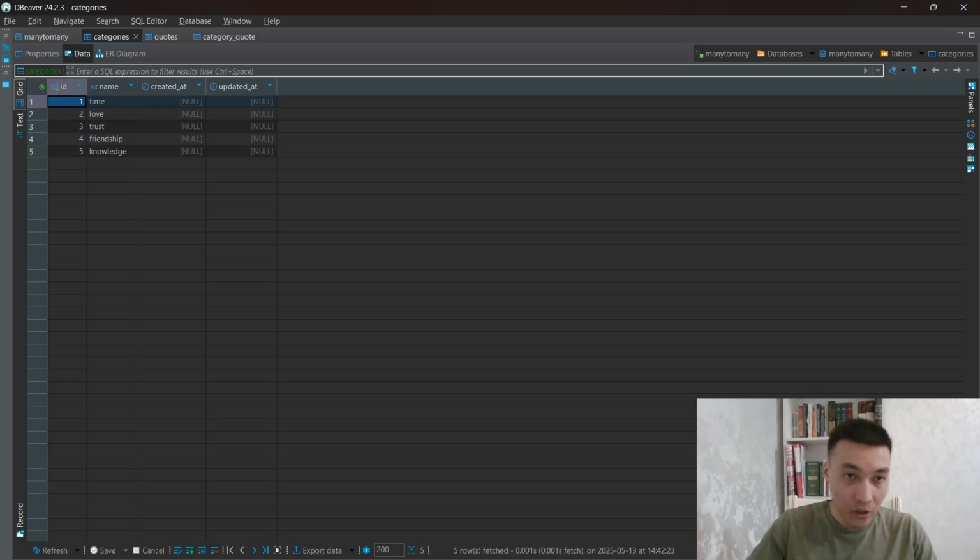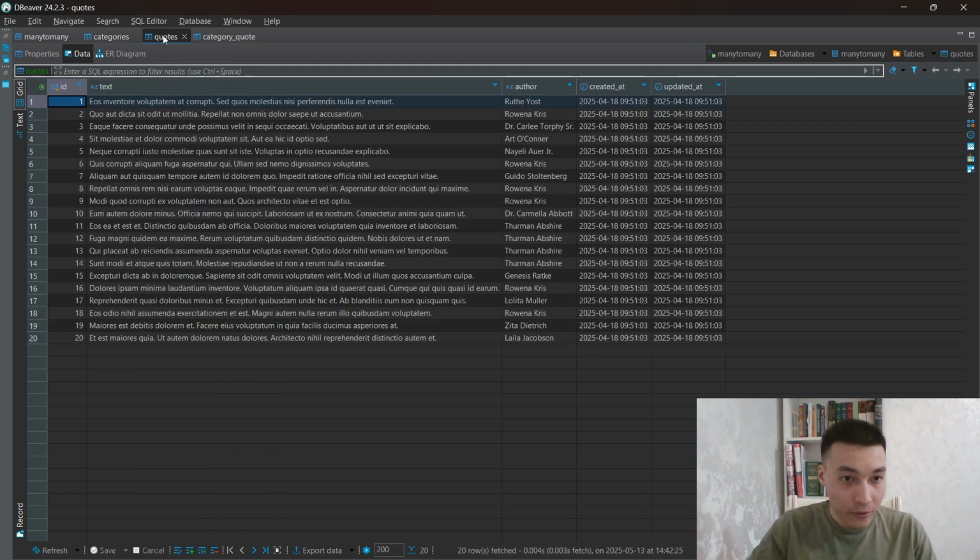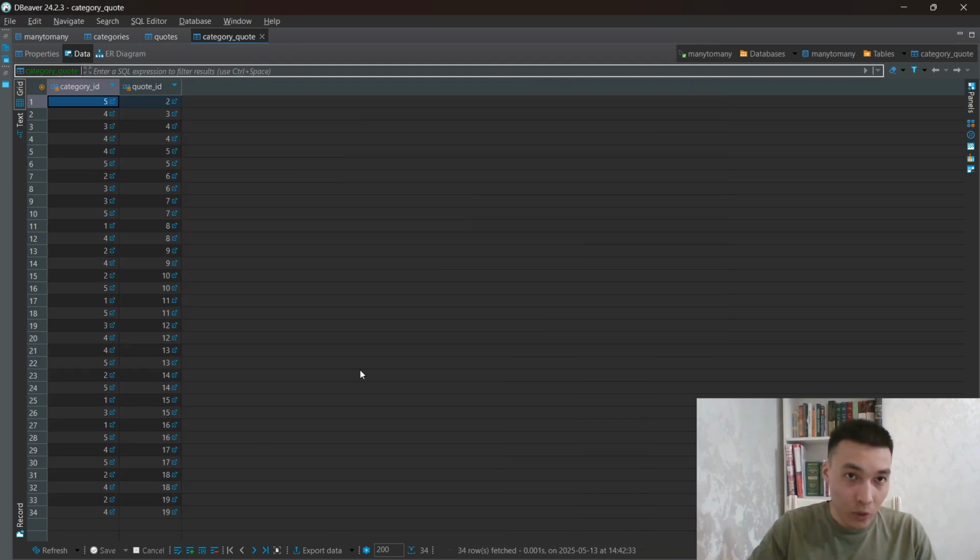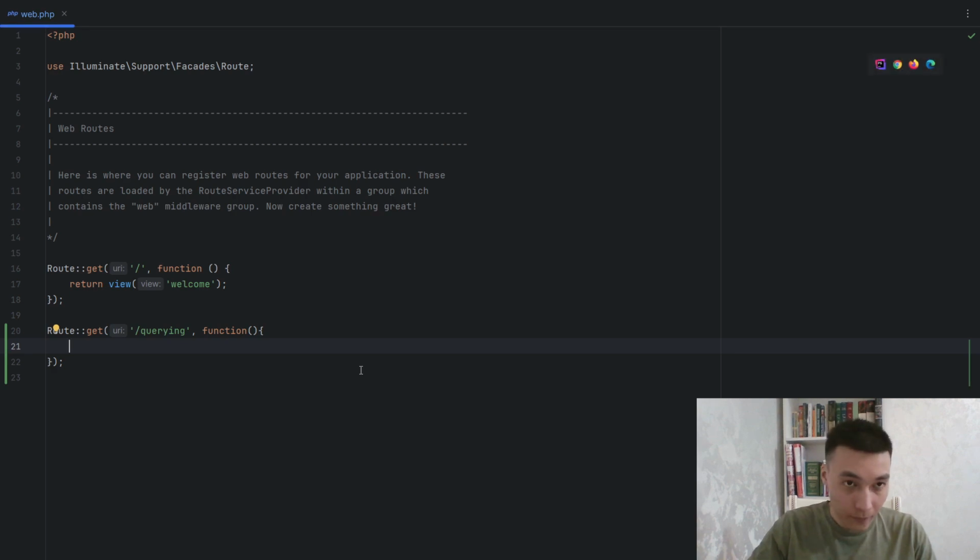So this is our database. This is our categories table. We have 5 items in it. We have 20 items in our quotes table, and some relations between them in the intermediate table, category_quote. They have many-to-many relationships. So let's move back to our route, and here we will start with category